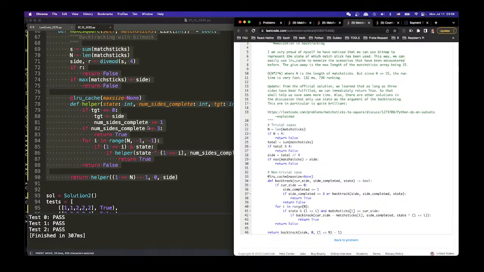Oh, as this, I don't take the current one. Wait, hold on. What is that? Otherwise return false. If current side is 0. Okay, if current side is 0, so side is not 3. Then I will do